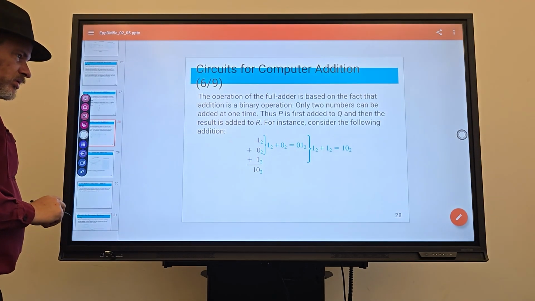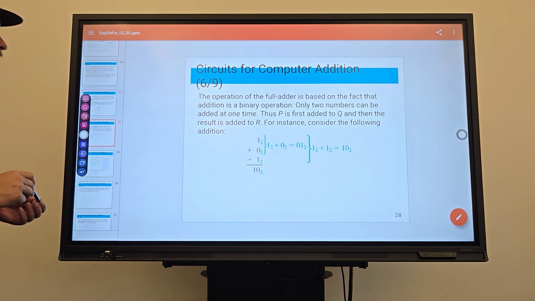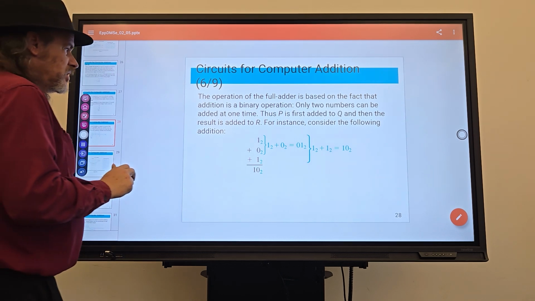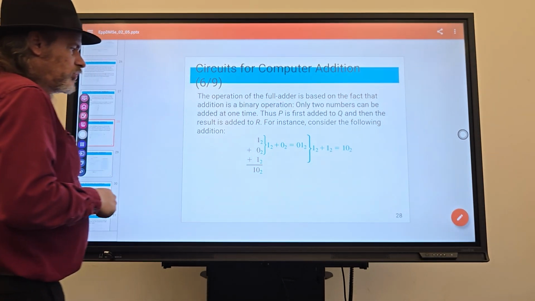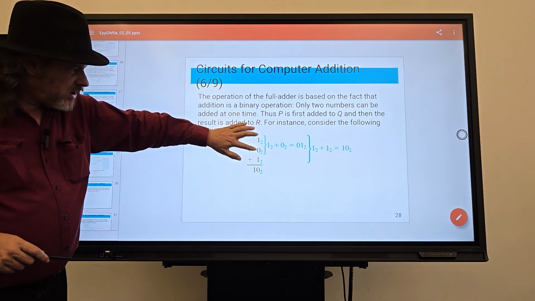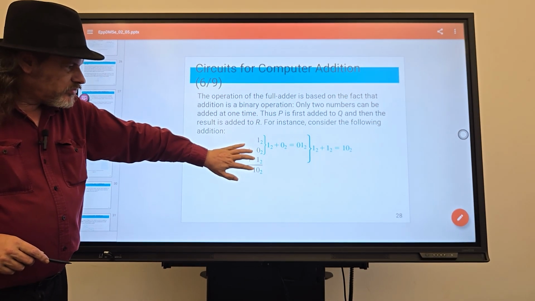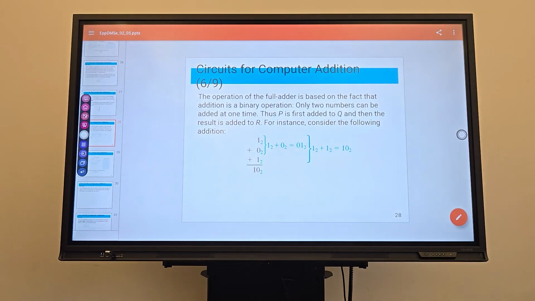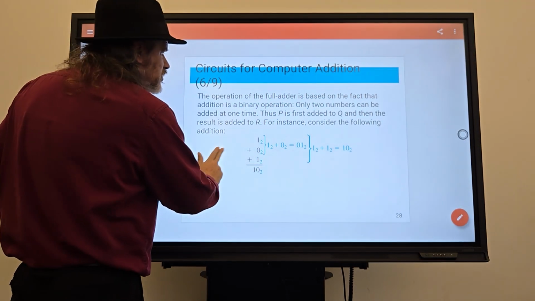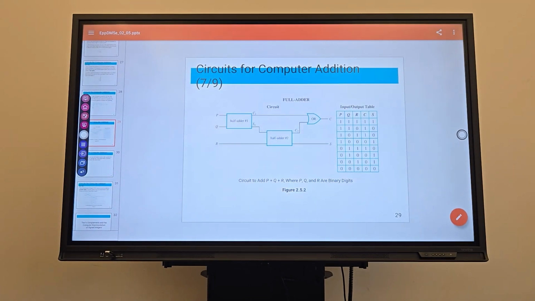So what a full adder is, is 2 half adders, where you add 2 bits together, then add the result to the third bit, making a full adder. So here is the